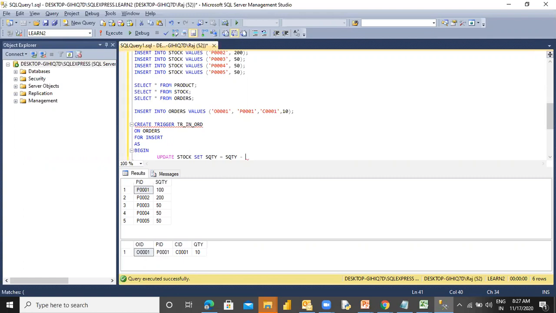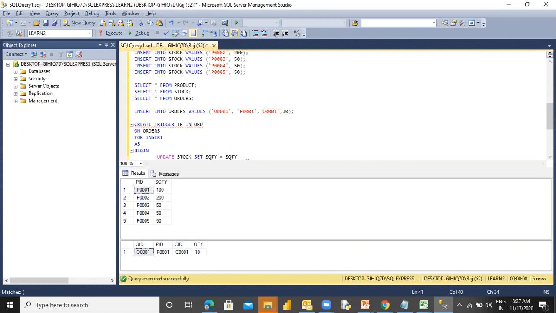Now here is one catch. This quantity is coming in when the trigger fires, whenever the insert happens in the orders. Try to visualize a record coming into the orders table. It is on the way, getting inserted, and at the same point of time the trigger has fired.